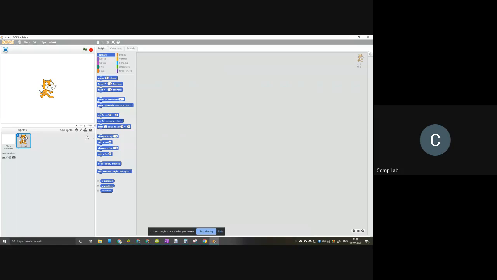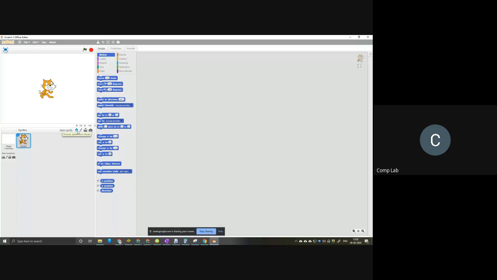So now let's continue. We're going to see all the various options we have for creating sprites. Anytime you want to create a new sprite, you can just go to the sprite list. The sprite list is just below the stage. This is the stage, this is the sprite list. Here you can see there are 4 buttons. I can use these 4 buttons to create a sprite.